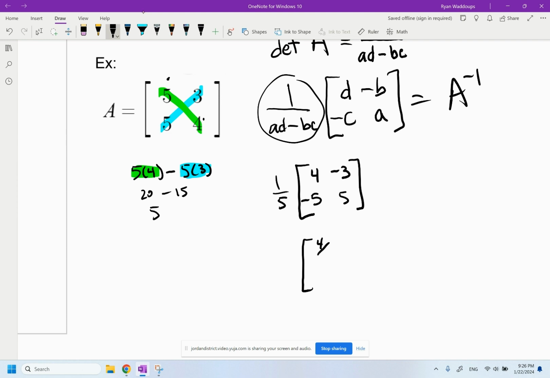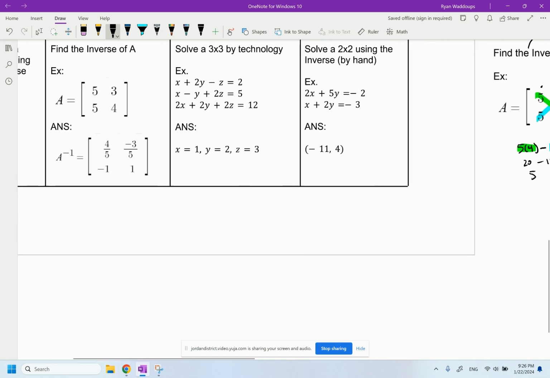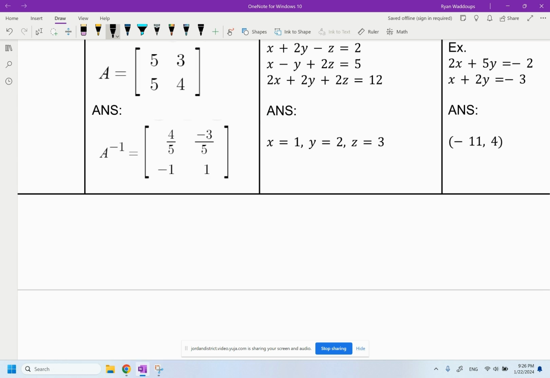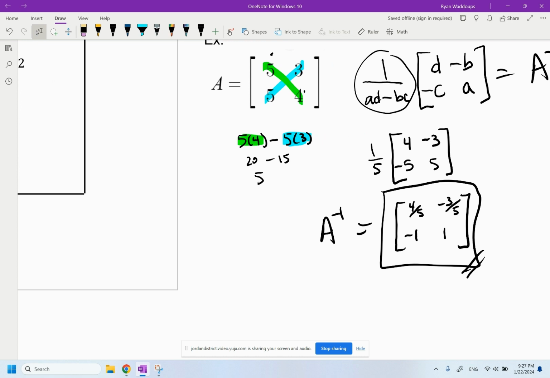So 4/5. And then negative 3 divided by 5, that's negative 3/5. And then negative 5 divided by 5, that'd be negative 1. And then finally 5 divided by 5, or 5 times 1/5, would also be 1. And so that would be our inverse of A: 4/5, negative 3/5, negative 1, and 1. Okay,